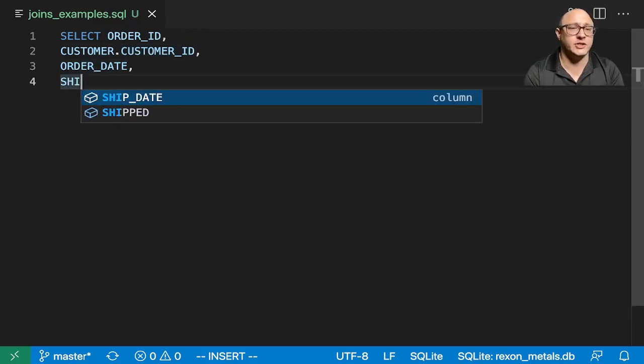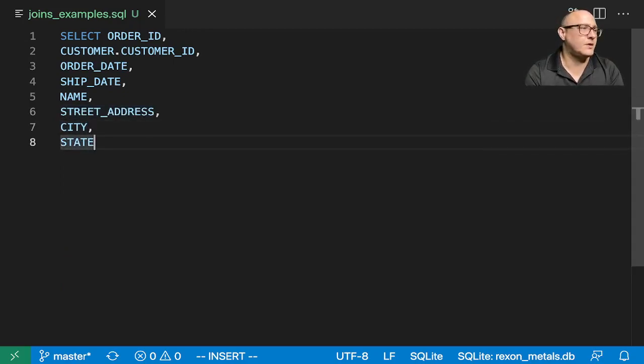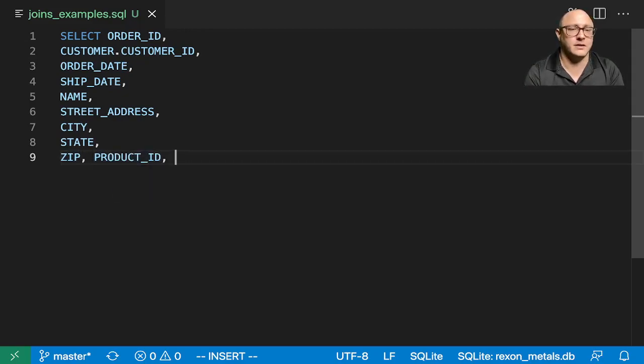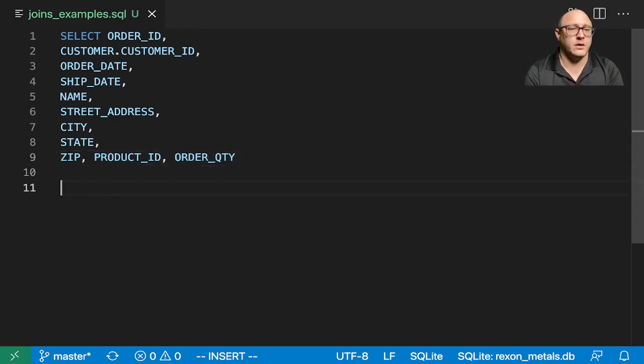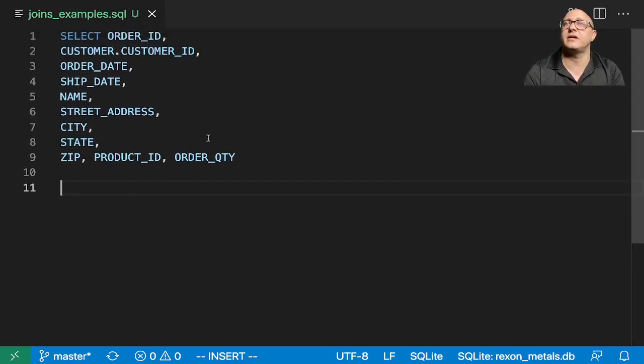Let's also grab the ship date, the name, the street address, the city, the state, the zip, and also product ID, order quantity. And so then from here, I want to make sure you guys have enough space to see that. We'll do from